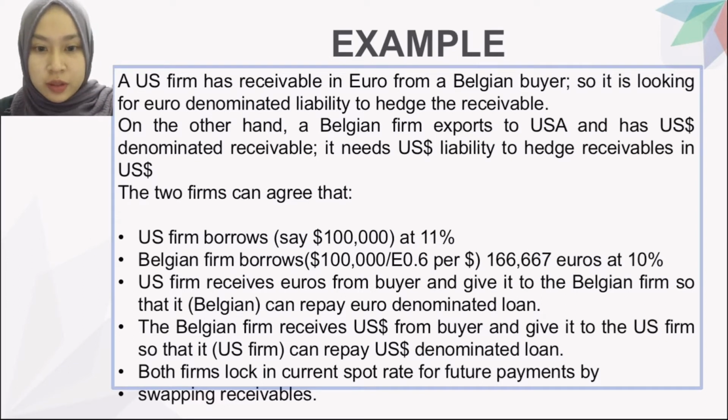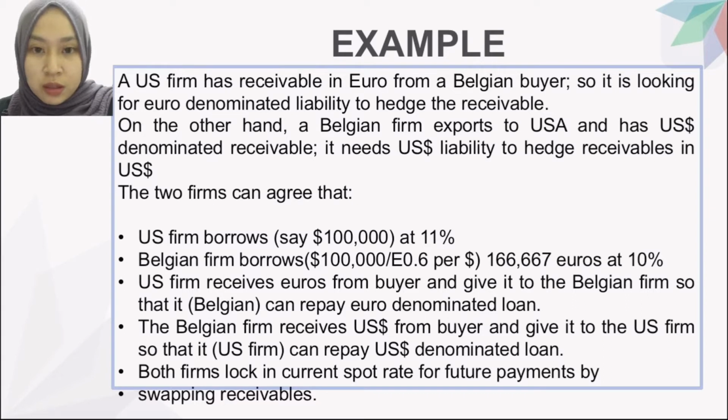A US firm has a receivable in euro from a Belgian buyer, so it is looking for a euro-denominated liability to hedge the receivable. On the other hand, a Belgian firm exports to the US and has a US dollar-denominated receivable, and it needs a US dollar liability to hedge the receivable in US dollars. The two firms agree that the US firm borrows, let's say, $100,000 at 11%. The Belgian firm borrows $100,000 divided by 0.6 per dollar, equal to